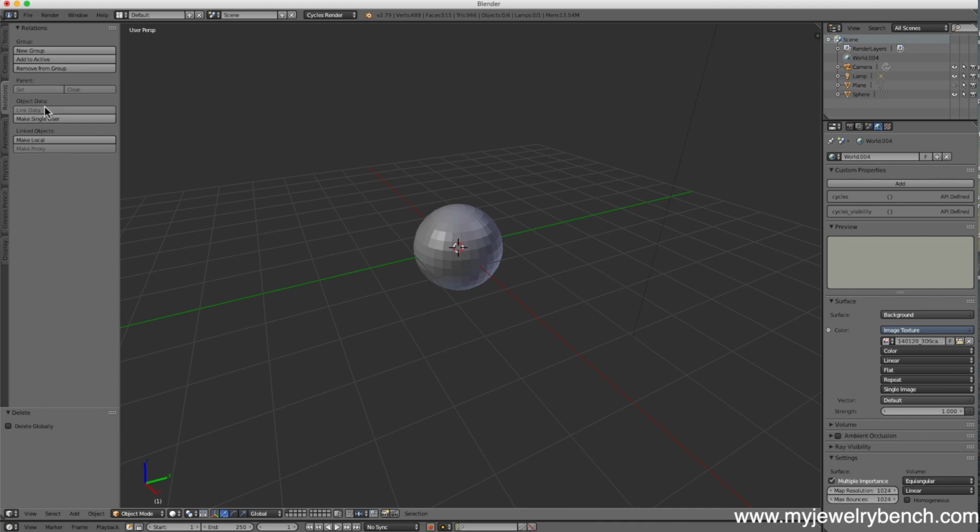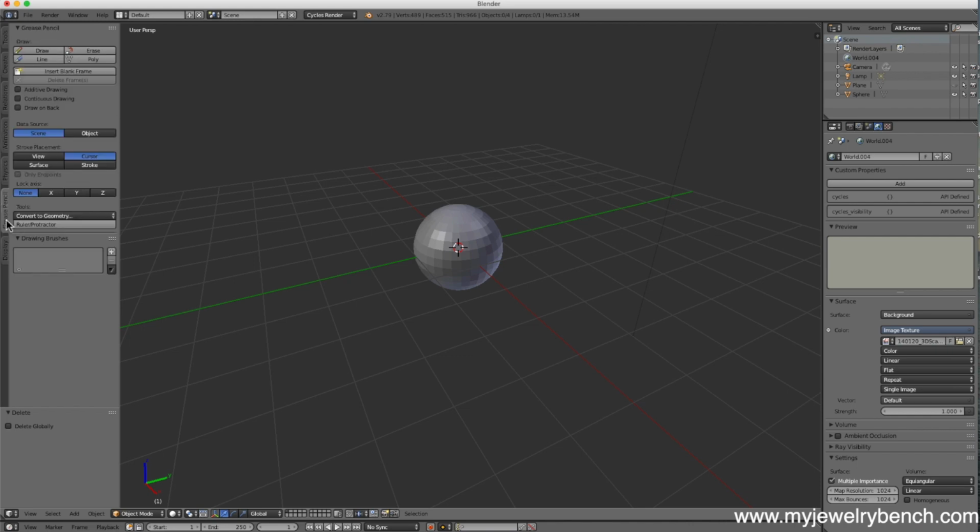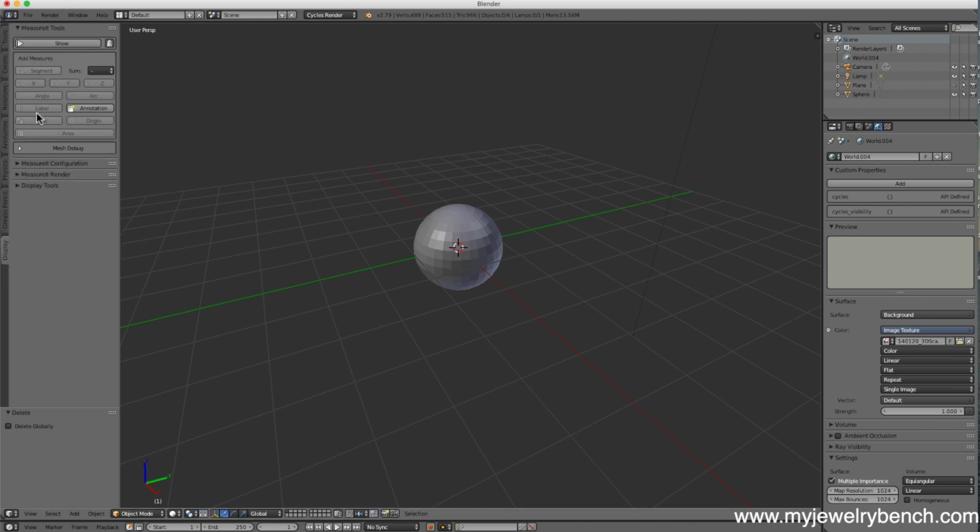Relations, we'll get working with those somewhere down the line, but not right away. Animations, we'll be working with that down the road a little bit. We're not going to work with physics, the grease pencil, or display settings yet, but this is going to come quicker than you think because we have a measuring tool that allows us to draw a line between two objects to get a measurement. For instance, if you're working in a ring size, and you want to design a ring that's 3 millimeters wide, this is a way that we can measure it here, as well as if our cursor's in the main screen,